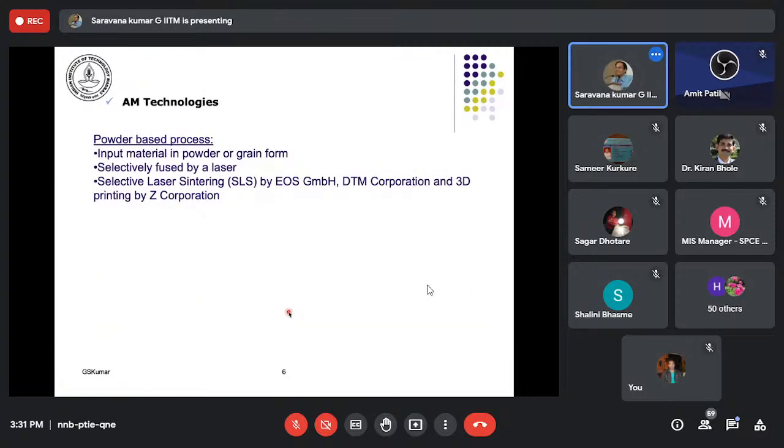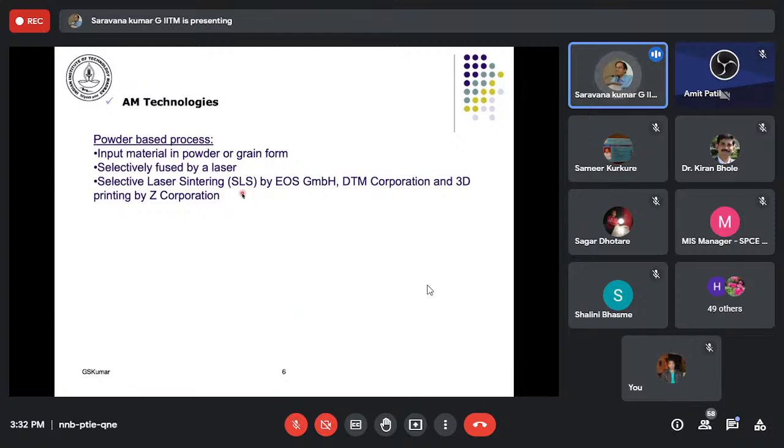And some of the earliest machines came from EOS, which is still one of the market leaders in this technology, and we have other companies like DTM and Z Corp. The materials could be different. It could be polymers. It could also be metal.